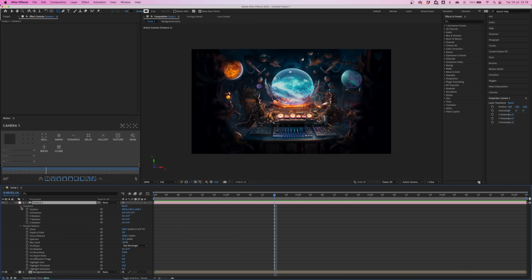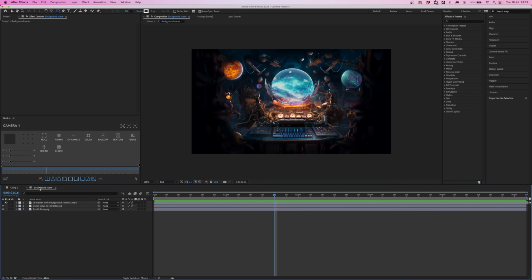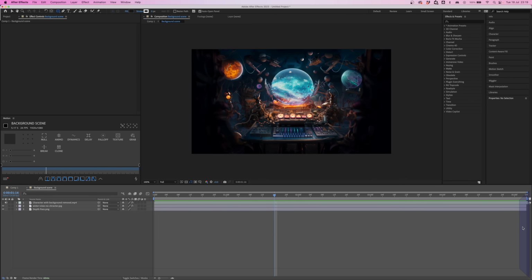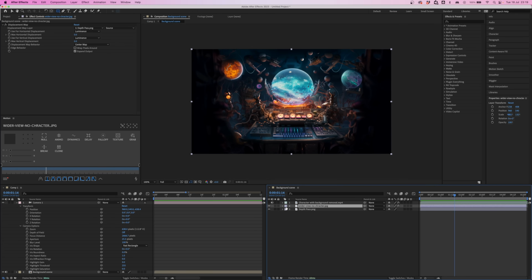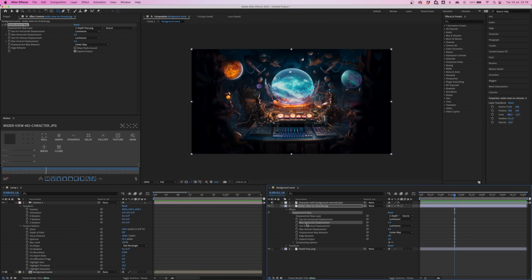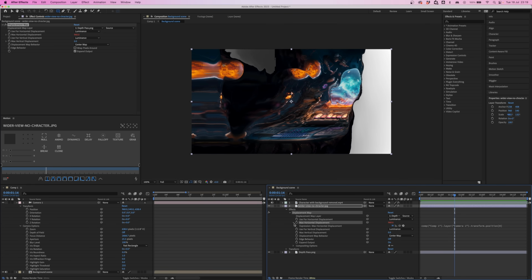Open up the transform properties and we have position. And then we're going to open up our pre-comp. So we've got both compositions here and we're going to grab our background and move it so we've got our background composition and our master comp here with the camera. We're going to link the displacement map values to our camera. So we drop this down, go down to displacement map, horizontal and our vertical. So we click our maximum horizontal displacement, use the pick whip and select the X value on the position of the camera. You drop down here, you can see the expression and we're actually going to, we want it to